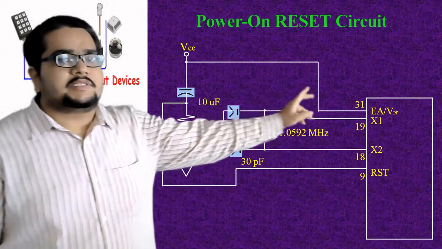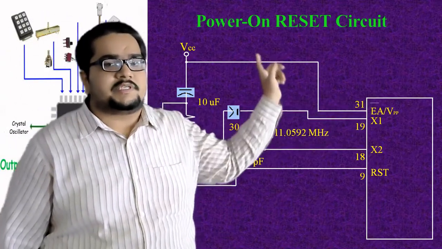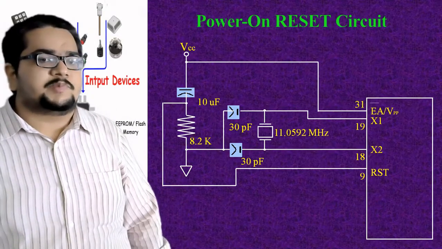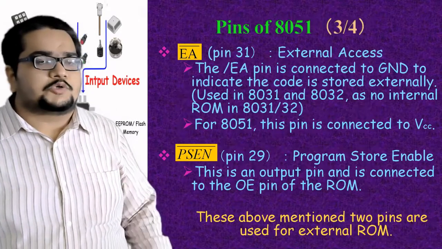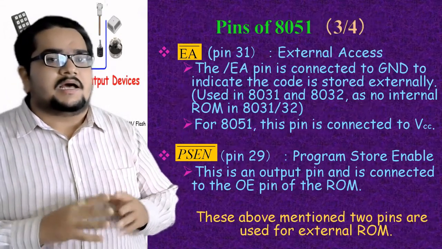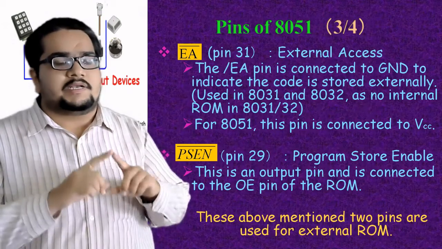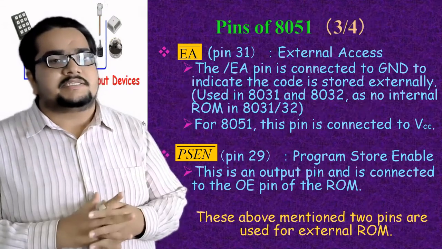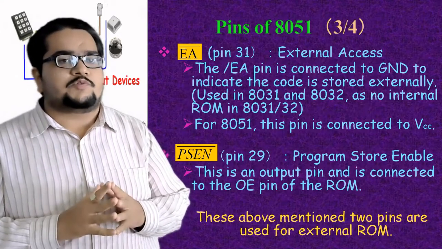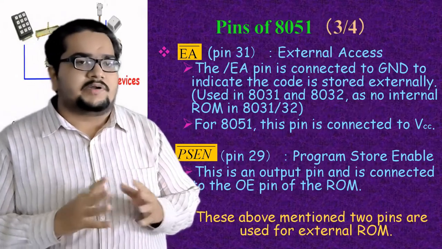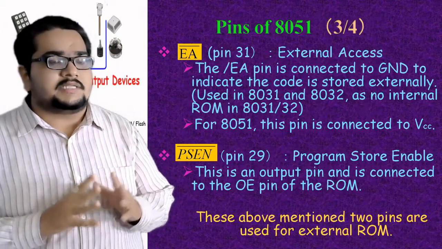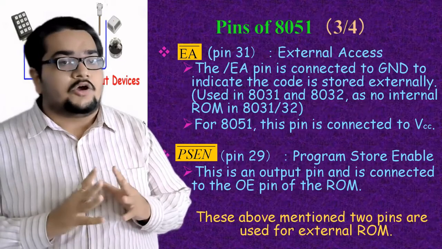And one important thing shown here is that EA is connected to VCC. Why it is made so, we will see in the next group of pins to be discussed. Talking about that EA pin, why it is made high in this case: earlier we have seen in the pin diagram, while indicating the name of the IC, we have written 8031/8051. Why? Because the 8031 and 8051 are completely the same in internal circuitry, all the different modules and all the features, except one: the 8031 does not have an internal ROM.